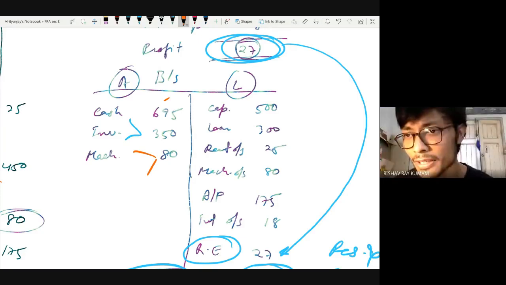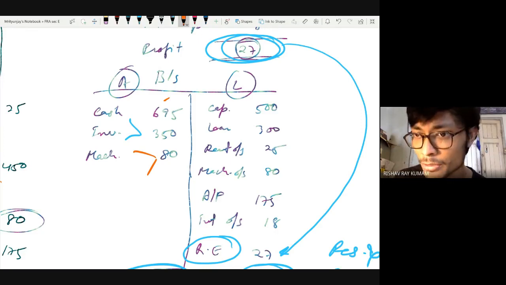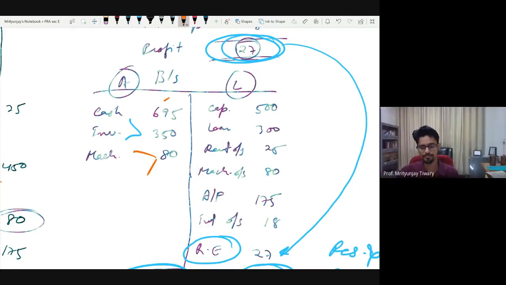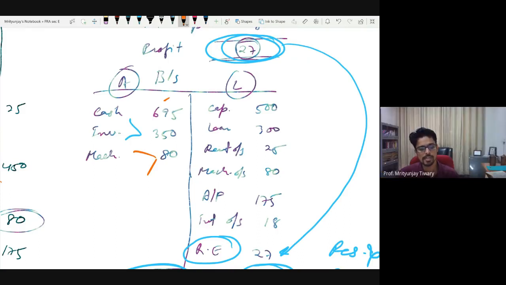You can also find out, for example, if this is a 1 crore machinery which depreciated to 80, as opposed to, suppose, 2 pieces of machinery equipment which are 40 lakh each. The person who wants to invest in the company knows the production capability of the company. So basically, this is the major point: they want to know the capacity of the firm.